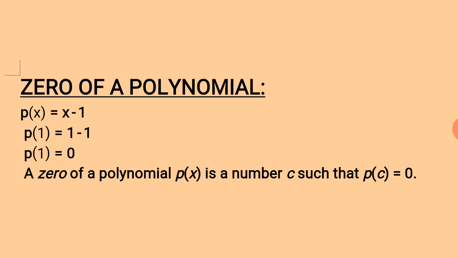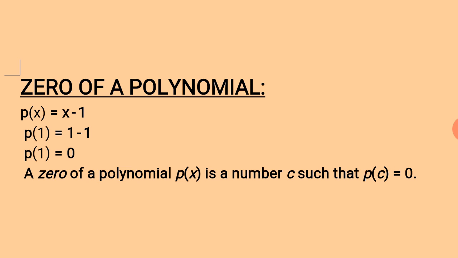As it is flashed on your screen, the given polynomial, that is p of x, is x minus 1. Now let us substitute x as 1. So, p of 1 will be equal to 1 minus 1. This we have studied in the last video itself. That is why p of 1 here comes out to be 0. Now, here we are getting the final answer to be 0.